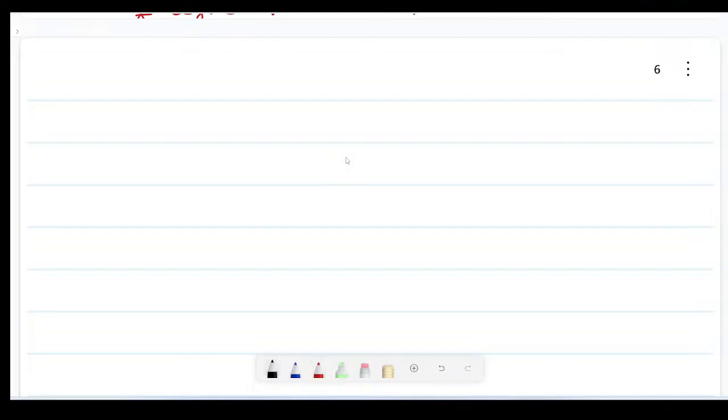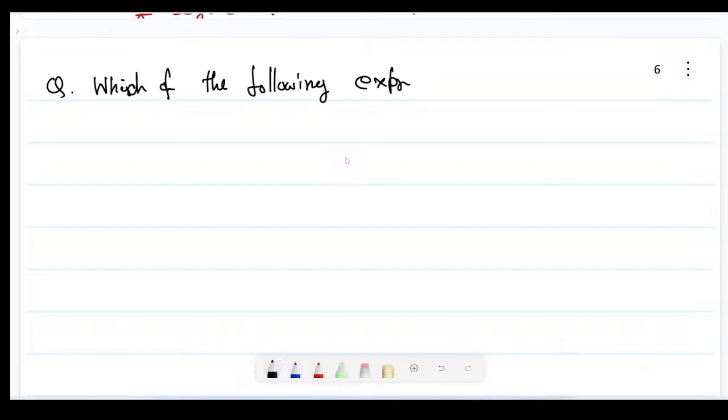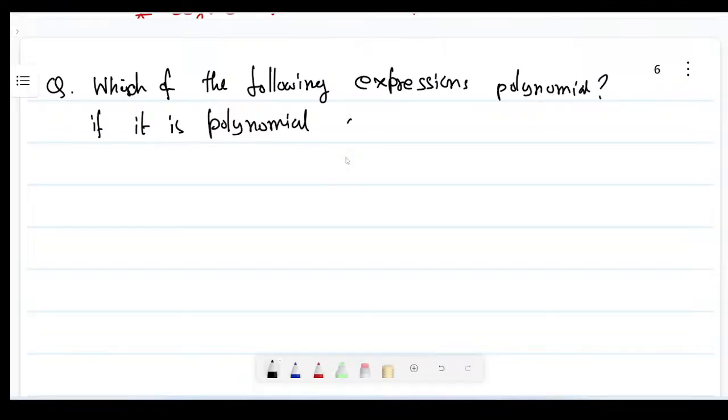So my question is, which of the following expressions is a polynomial, and if it is a polynomial, write the degree. So the questions are